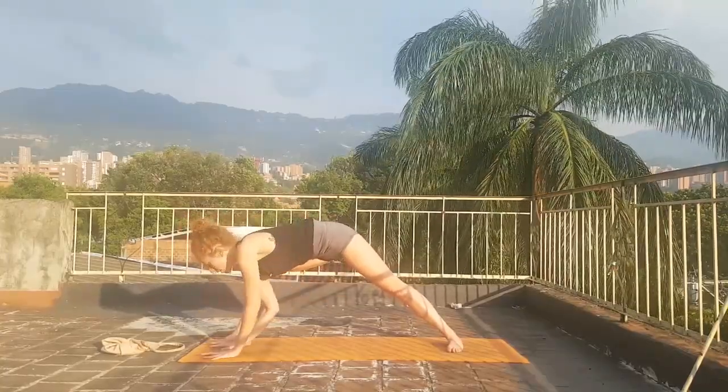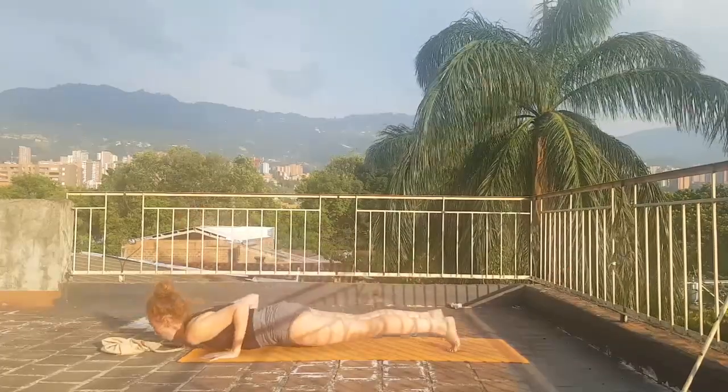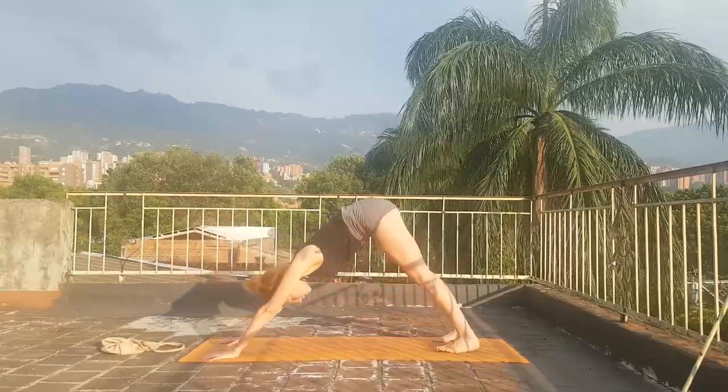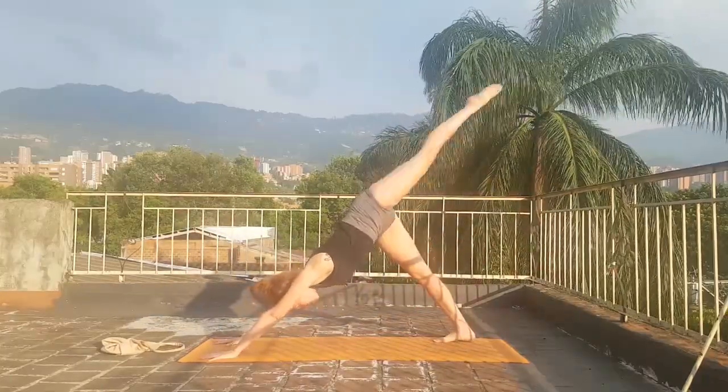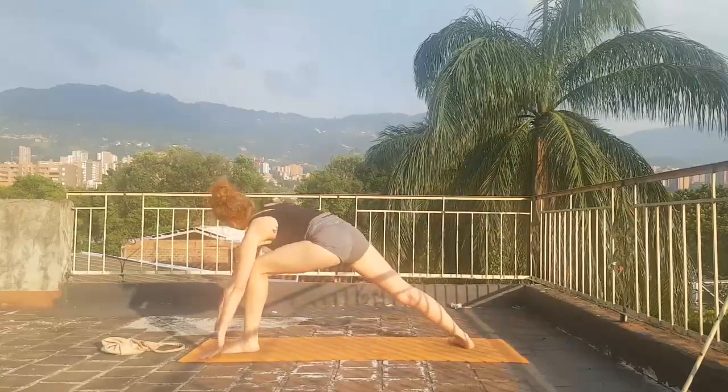And then release. Step the foot back, lower down. Inhale, come up. And exhale, push back. Lift up the left leg, step it through, and to warrior two. Inhale up,